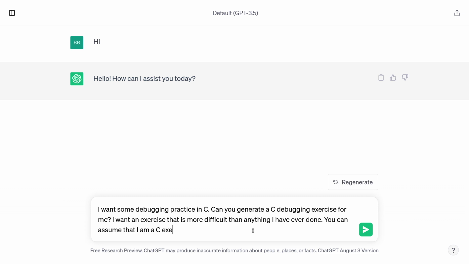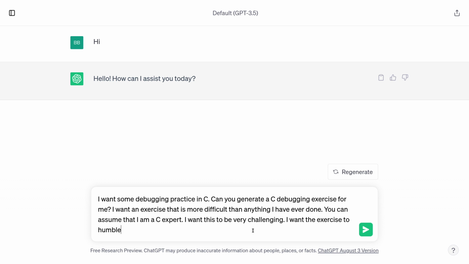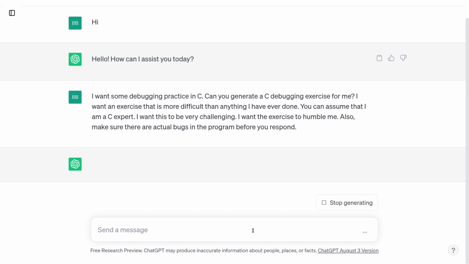Now, I don't know if I'm a C expert, but I want it to generate an exercise that even an expert would have trouble with. I want this to be very challenging. I want the exercise to humble me. Also, make sure there are actual bugs in the program before you respond.